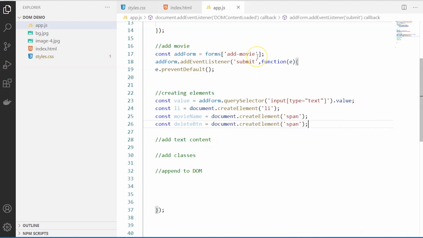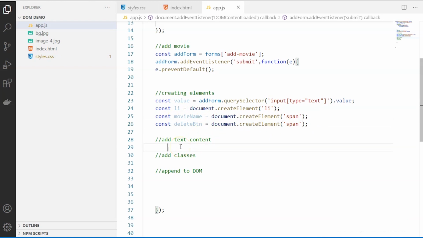First we retrieved the movie, and we attached the event listener for the submit button, and then in the second phase of creating elements, we have checked whatever value the user is entering inside the text box. Using that, we are going to create it. Then we have created the li element, which is your list item, and then the span element for the movie name and the span element for the delete button. So all these have been created.